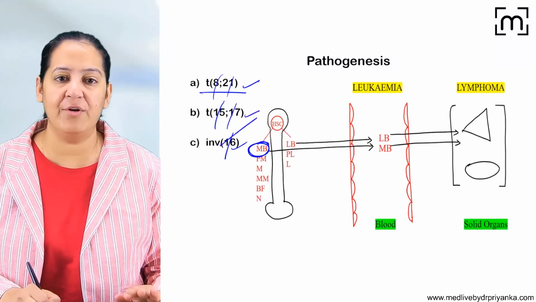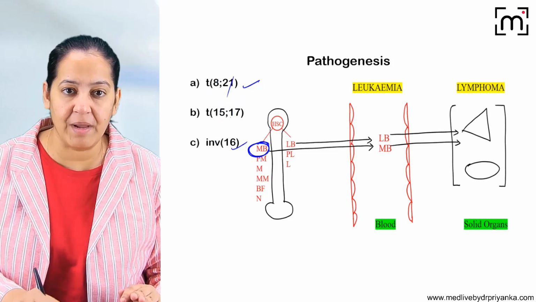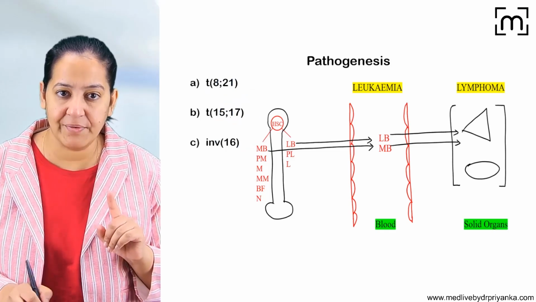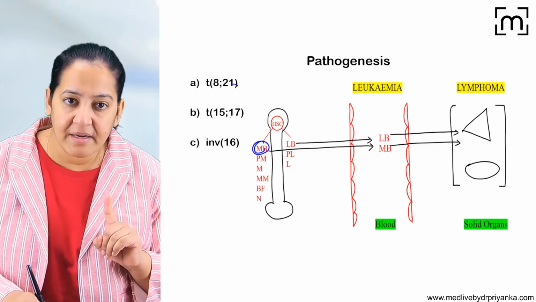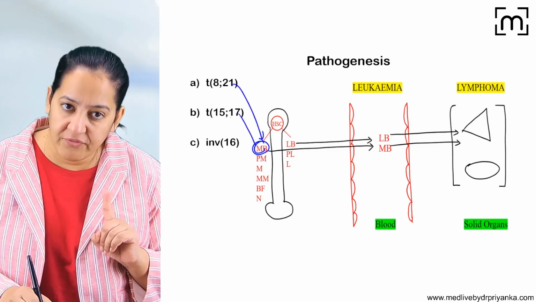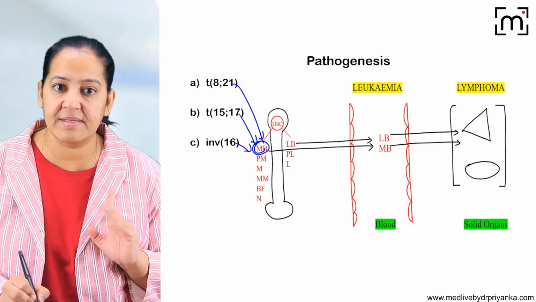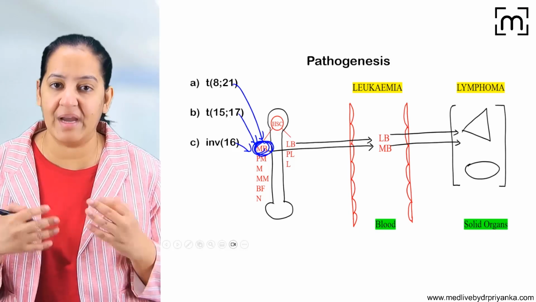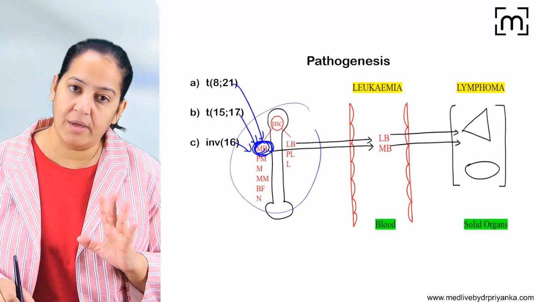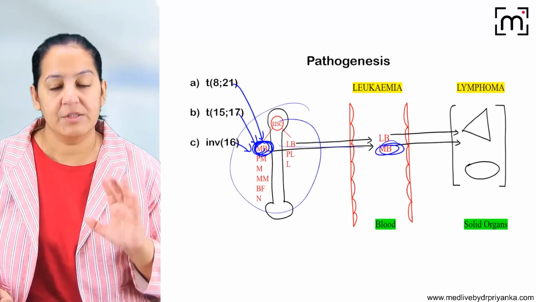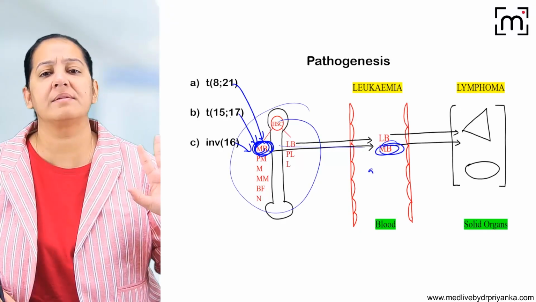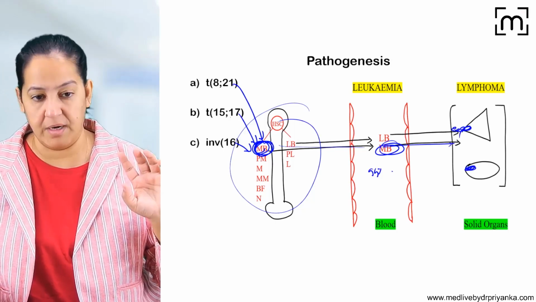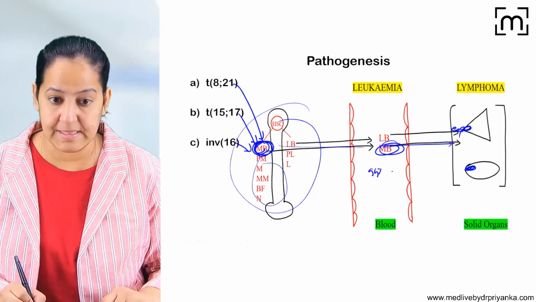Because of any of these 3 mutations taking place in the myeloblast, you can see this is the myeloblast. Either t(8;21) translocation is taking place, or t(15;17) translocation is taking place, or inversion 16 is taking place, because of which it becomes malignant. It is doing uncontrolled mitosis. It replaces all other cells. It is spilled in the blood. So blood has abundant myeloblast, 99%, and then it infiltrates into solid organs and converts into lymphoma. It is only myeloblast, not other cells. So please learn the three